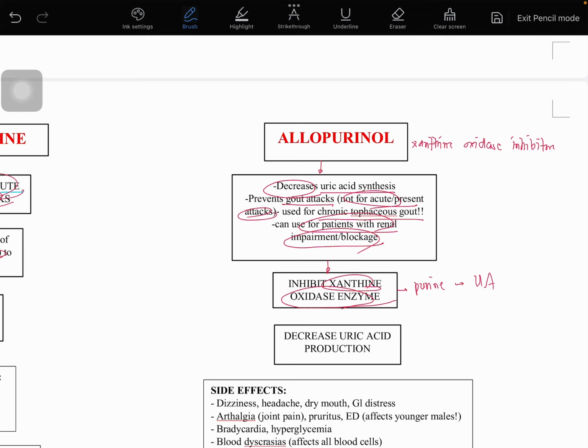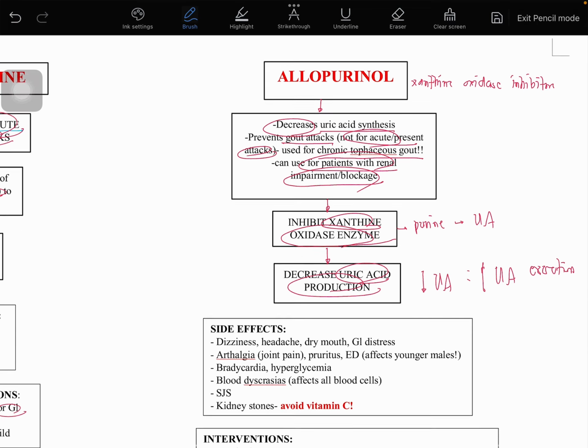Of course, hindi na po. Okay, therefore, it will decrease your uric acid production natin. Kasi yun naman talaga yung action ng ating allopurinol. It works with your uric acid synthesis. It also helps with the excretion of your uric acid. Pinapababa na nga lang niya ang ating uric acid, pinapadali pa niya ma-excrete ang ating uric acid in our urine or in our body. Okay, that is your allopurinol.